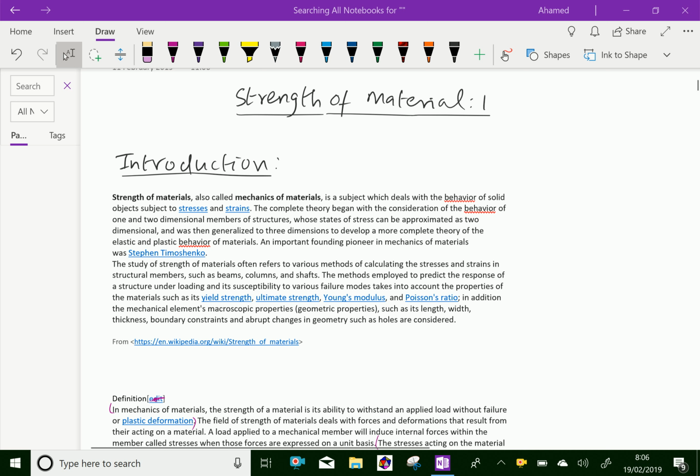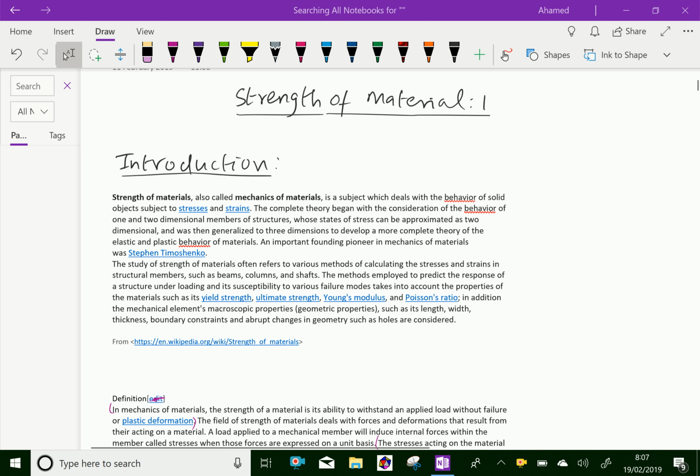Suppose any material is subjected to an axial load, that means compression or tension. Because of this load, some behavioral change happens in the solid within the limit of the load. So it is called the strength of that material, means how much strength it can withstand for a particular load. So we'll study about this, which is called strength of material.